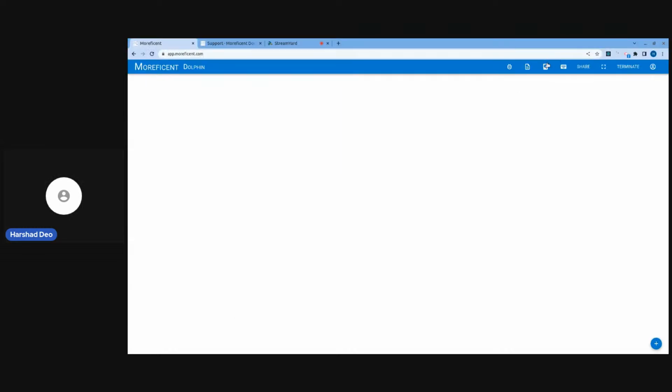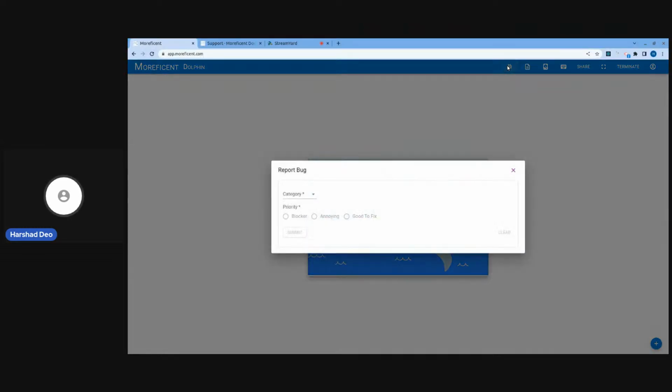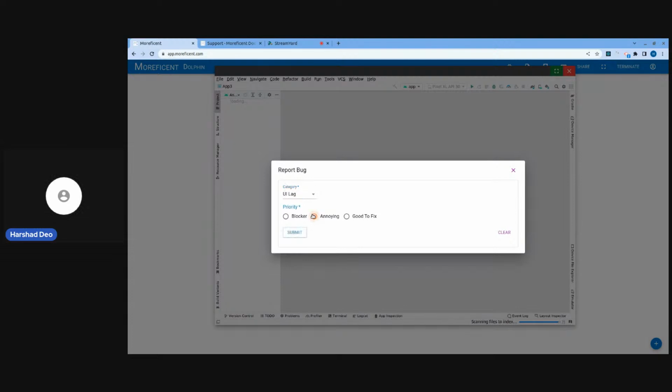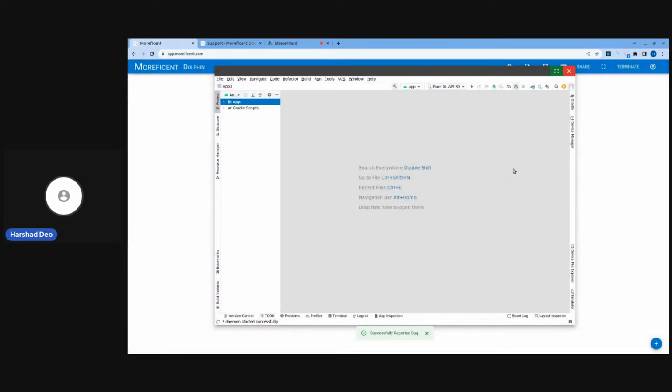the error. Okay, so let's say that you're facing UI lag, which should be very rare, but let's say it happens, and you submit this report. When this report is submitted, we capture some network statistics and so on, and the other relevant pieces of metadata is sent to our server, so that again it becomes easier to identify.